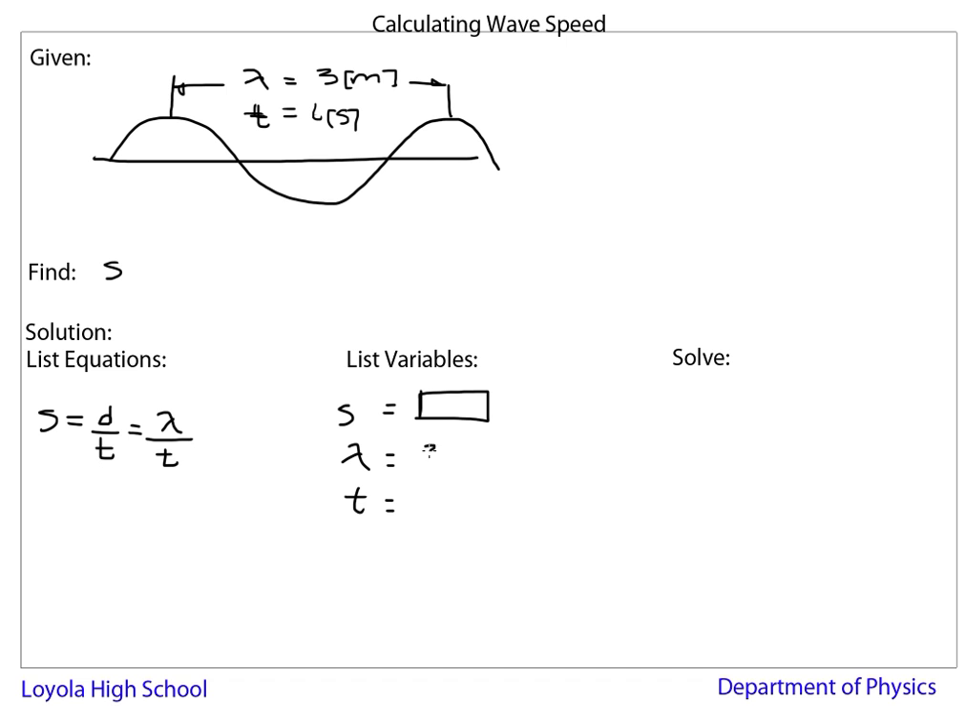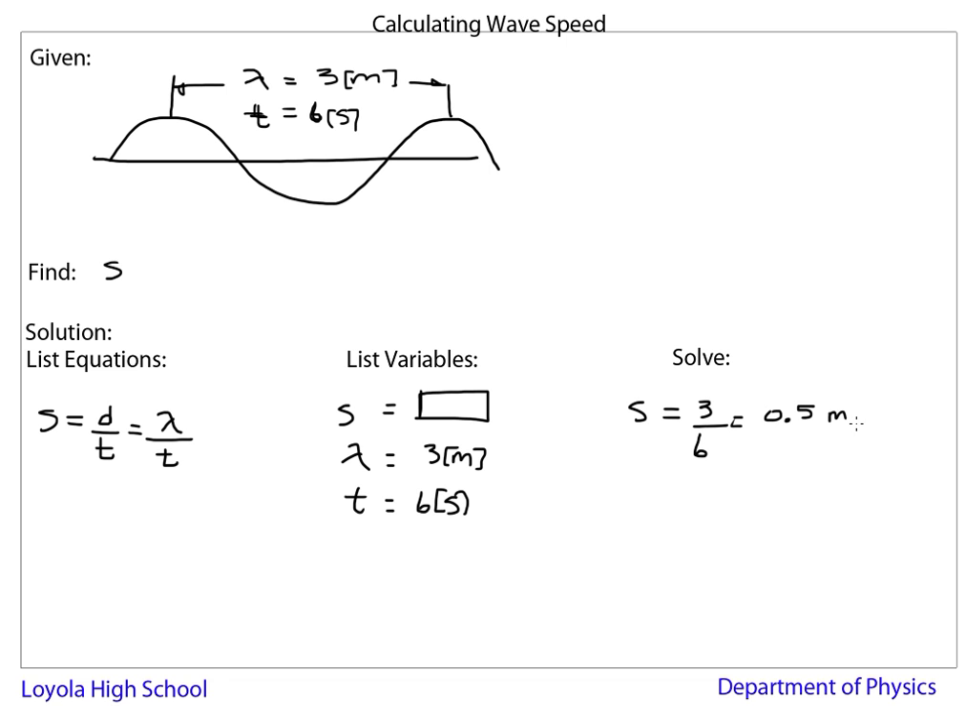The wavelength was 3 meters, and the time was 6 seconds. There's a 6 right there. And so the speed is our wavelength over time, which is our 3 divided by 6 seconds, or